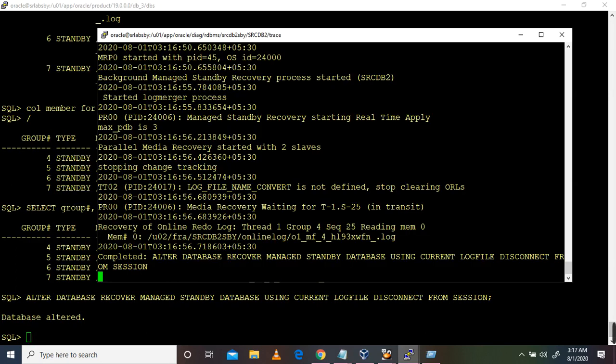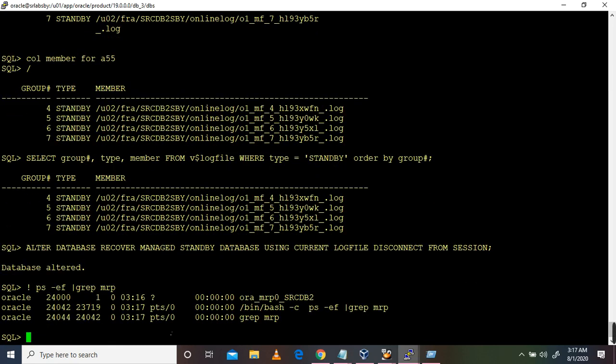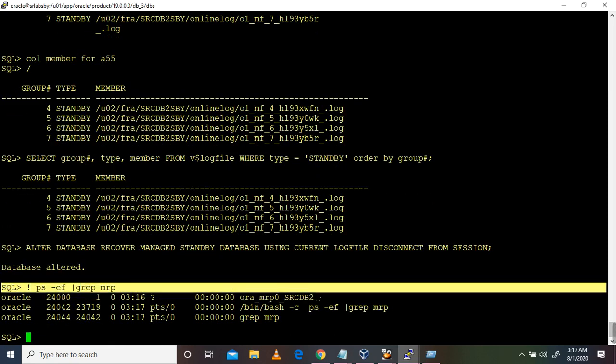So MRP has been started. You can check this command also in the log. So here you can see that MRP is running.